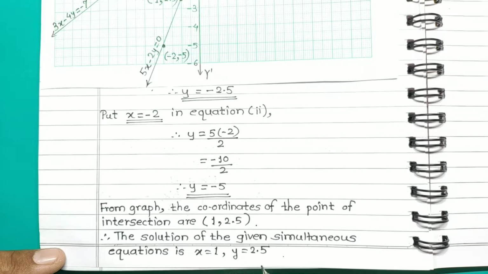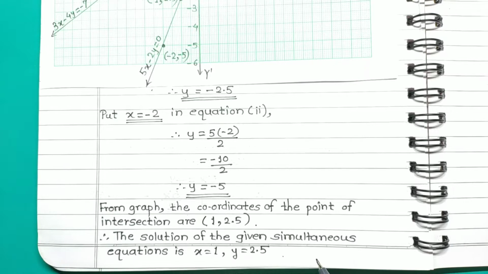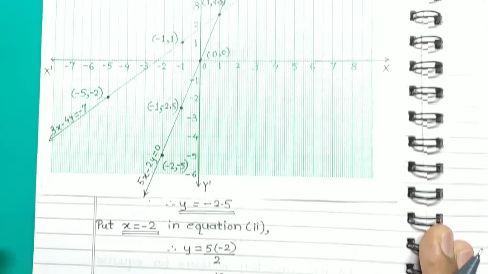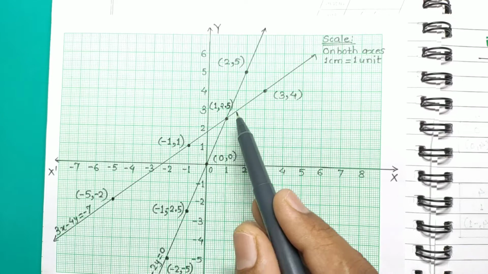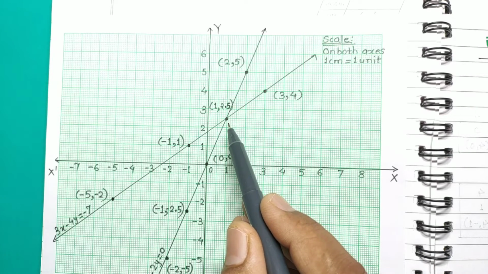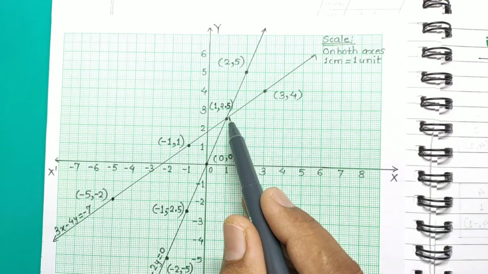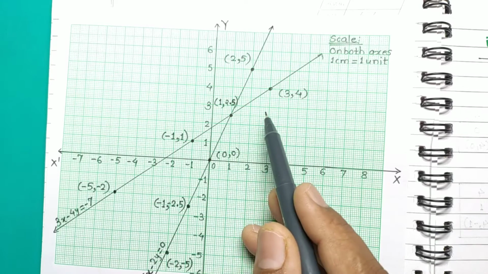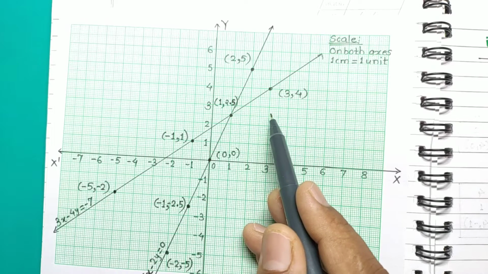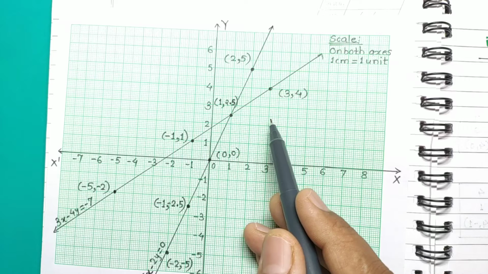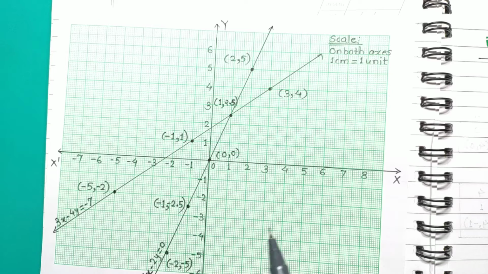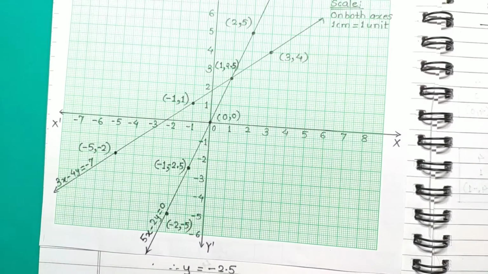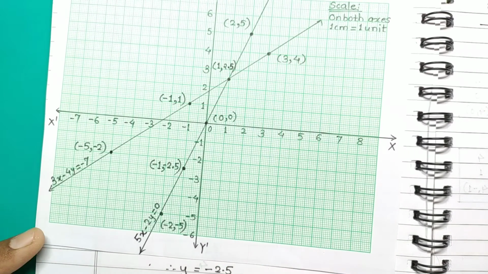So students, this graphical method is based on the concept from geometry that two non-parallel lines intersect in a point, and so this concept is applicable in algebra. In algebra we say that the common value of x and y which satisfies both the equations is the solution for those simultaneous equations. So this is how coordinate geometry relates concepts in algebra and geometry very systematically. This is all about the graphical method to solve simultaneous equations.